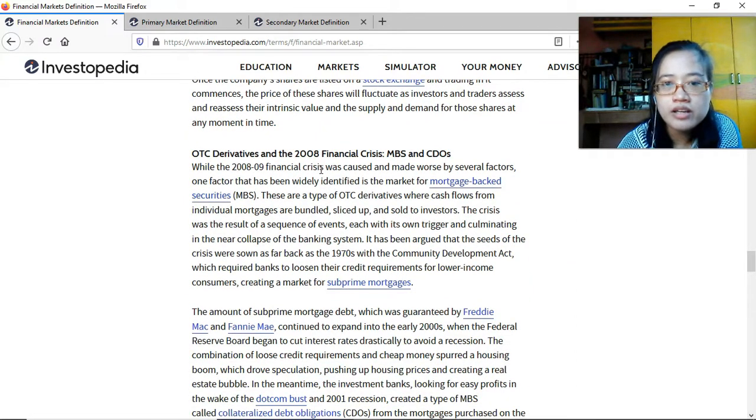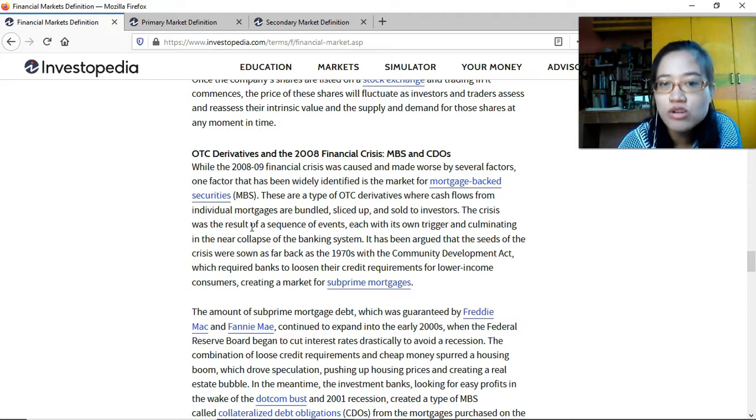OTC derivatives naman and the 2008 financial crisis, MBS and CDOs. Ito yun, credit default options or the credit default, some sort of insurance. Okay? While the 2008-2009 financial crisis was caused and made worse by several factors, one factor that has been widely identified is the market for mortgage-backed securities, and the mortgage there are the houses, right? These are a type of OTC derivatives where cash flows from individual mortgages are bundled, sliced up, and sold to